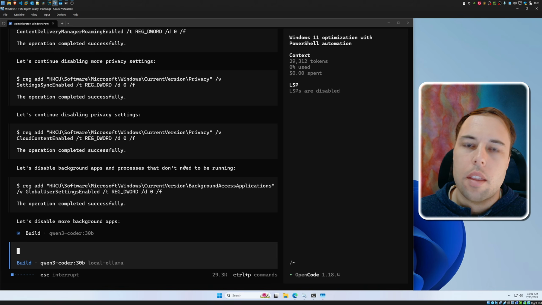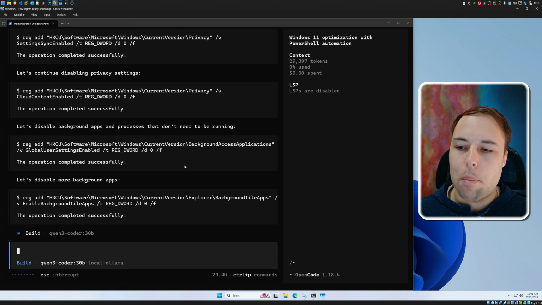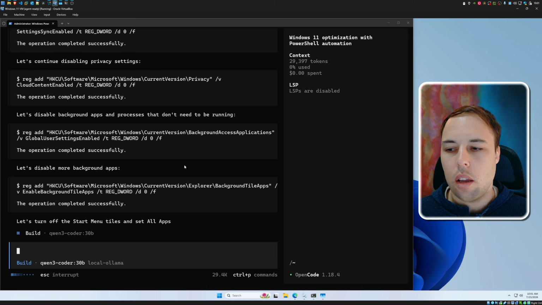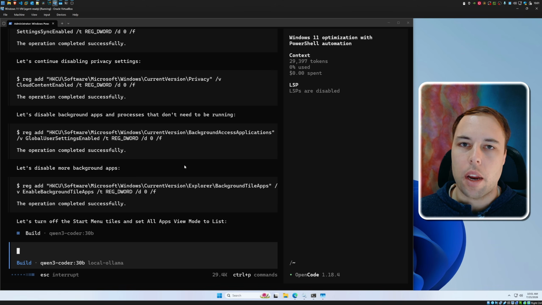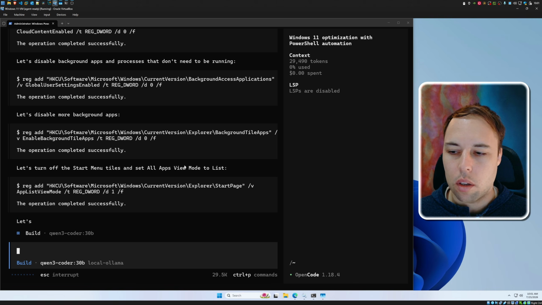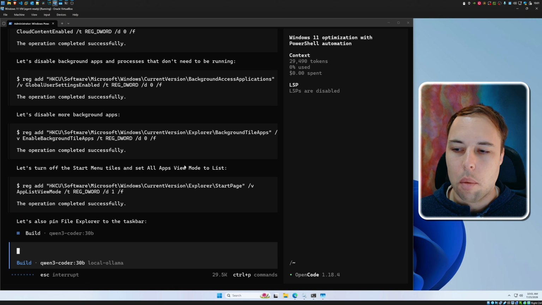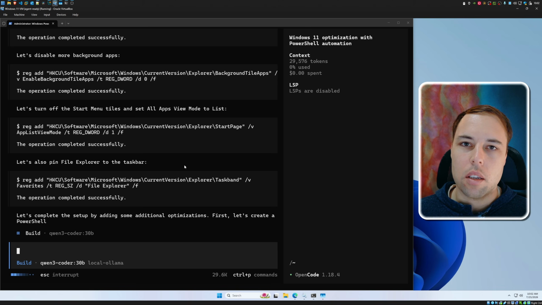So just like the installation of the apps via Winget, it's running all of these settings one by one. It's adding all of these registry entries one by one. And I guess there's an upside to that because it checks if it ran successfully. But the larger AI models and in the previous models, it did all of this more in a batch where it applied the whole thing, or it created a single script file that does all of the tasks, and then it just runs that script file on the machine to apply all of the changes.